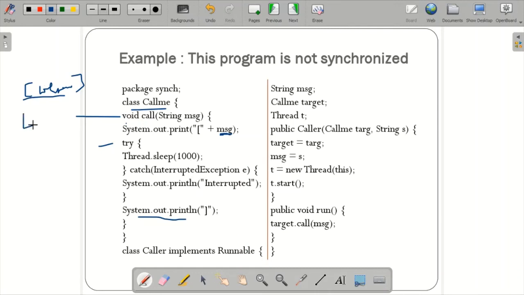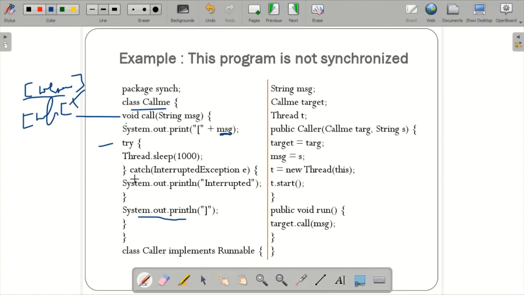The angular bracket will come, Welcome might come, and if you have created one more thread with the message Welcome Today, again one more angular bracket might come, and then Today might come. So this is not a synchronized format of output.